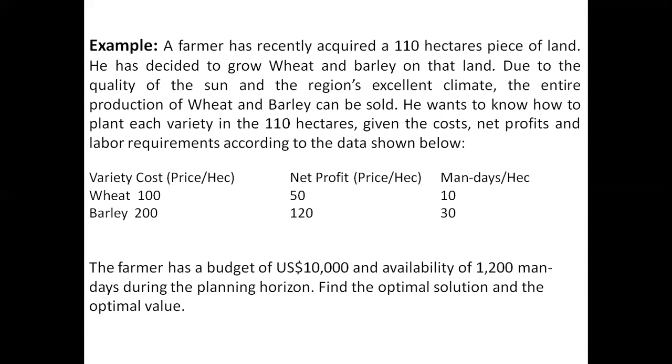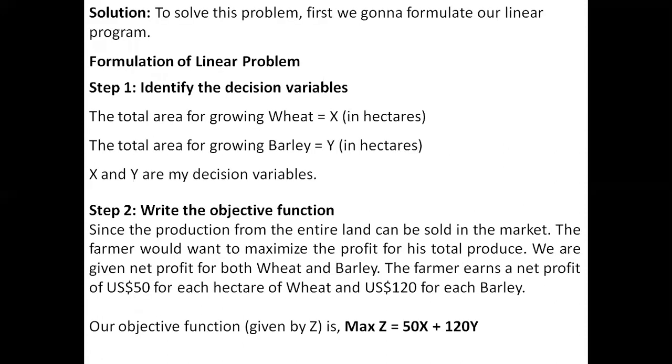Right? We'll be looking at it. Hence, we clearly have the formulation, considering the total area for growing wheat, that is X in hectares, and the total area for growing barley, Y in hectares. X and Y are the decision variables. That is step one, taking the variables. Next, constraints need to be added to it. That is the second step,